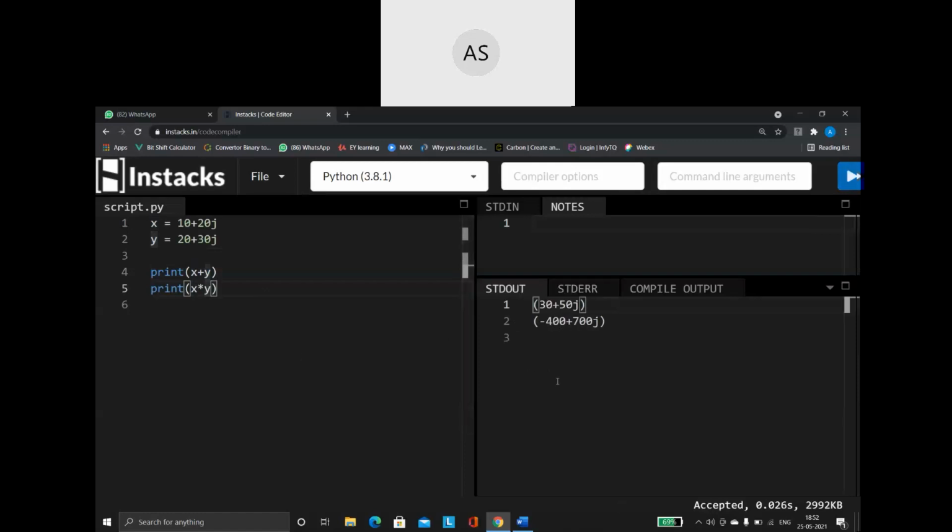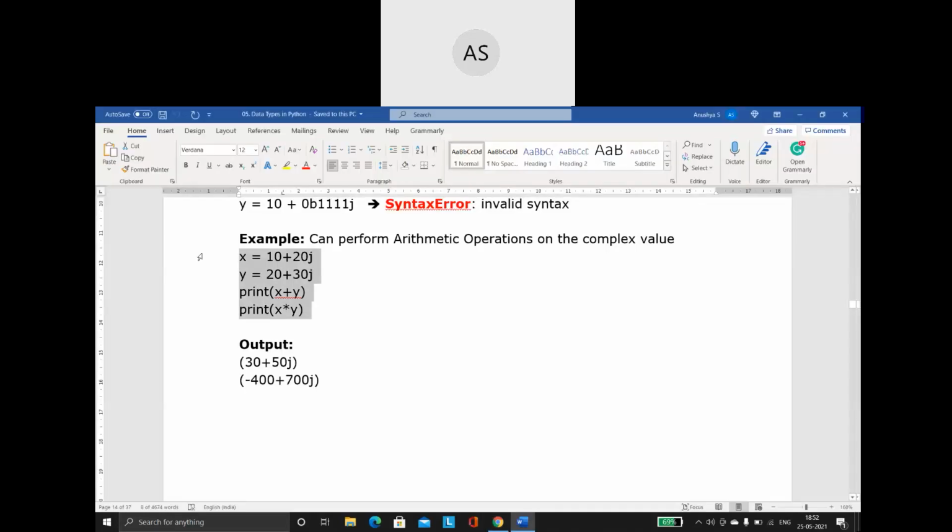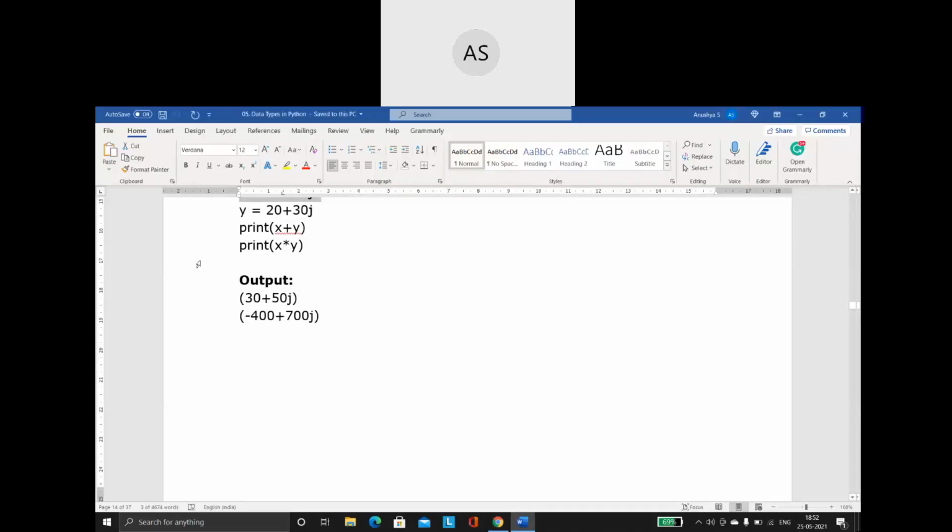See, it is accepted. It is giving me an output also. The numbers are going to be multiplied for me. The numbers are going to be added for me. But see what is happening. The real part is getting added with the real part. The imaginary part is getting added with the imaginary parts. So that is how it is going to happen for us.